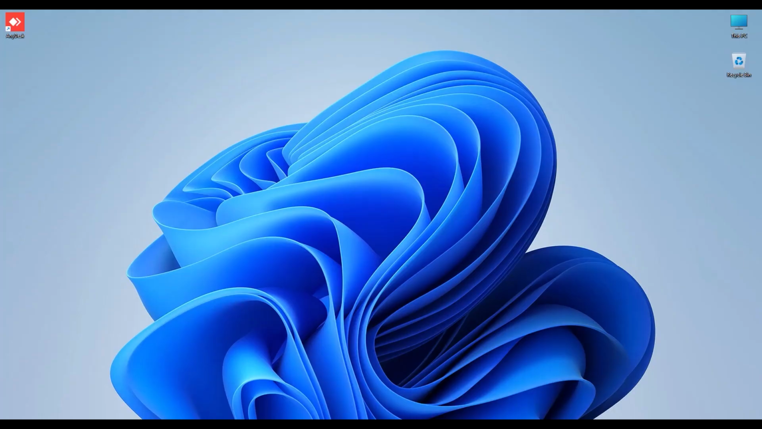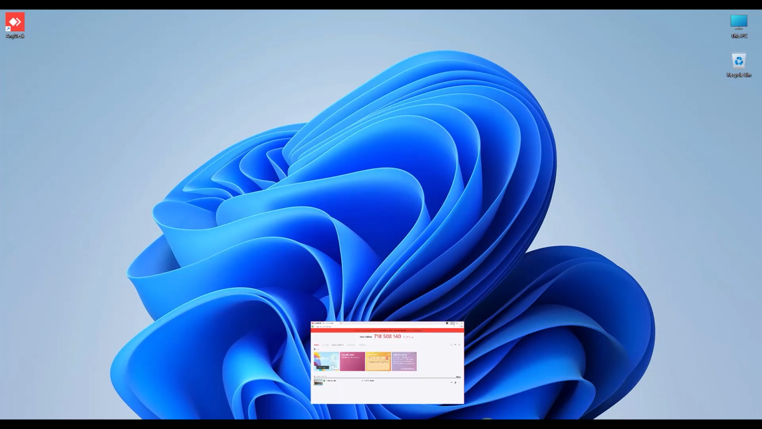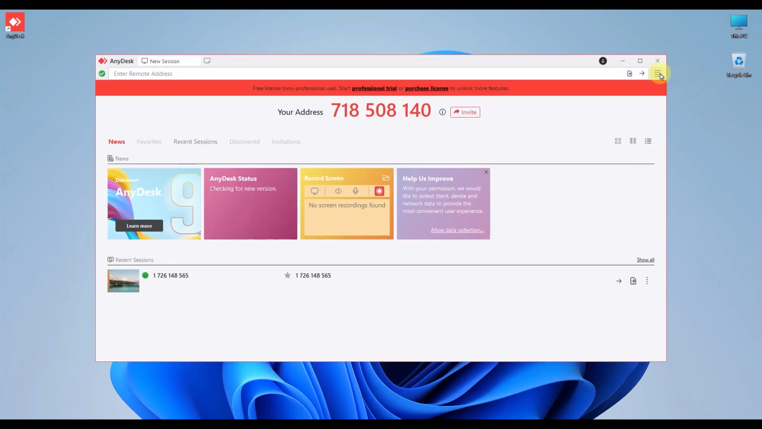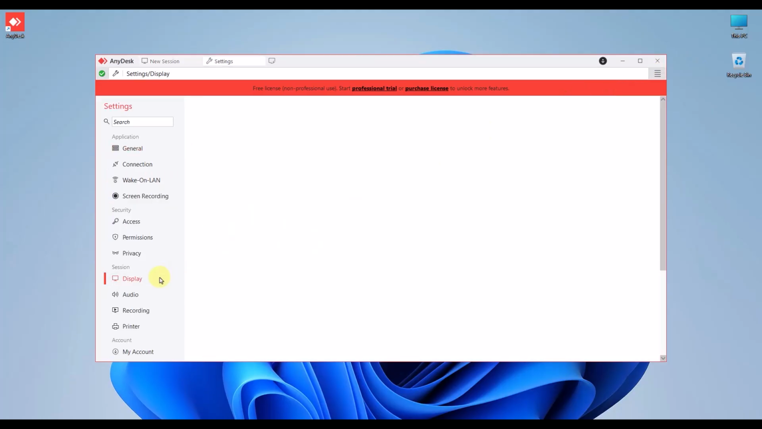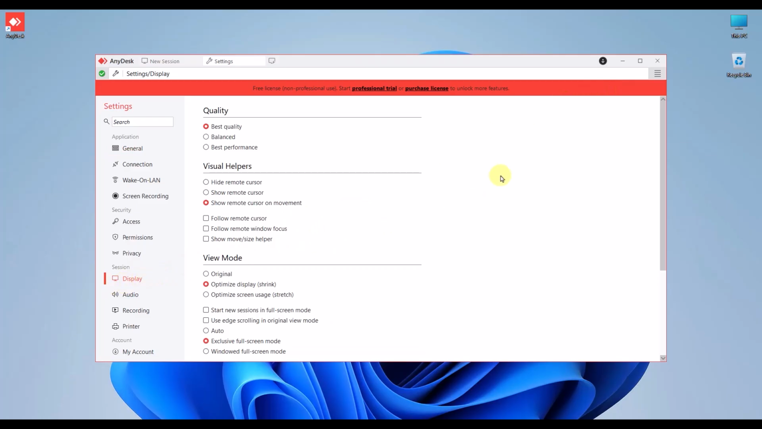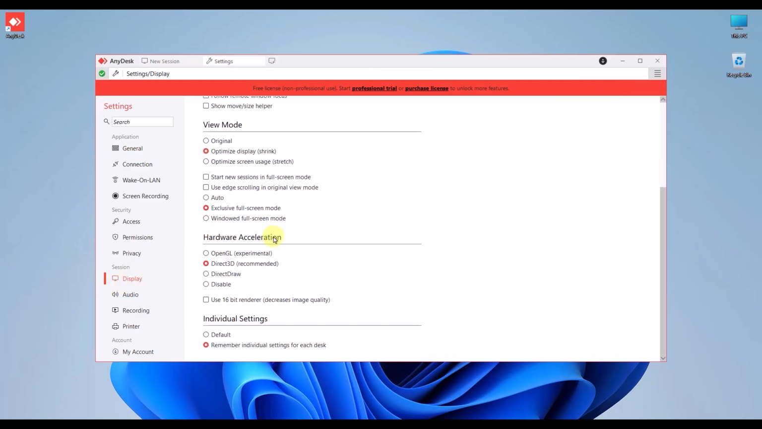Let's get started. First, the most common fix is to change how AnyDesk processes its graphics rendering. On the computer you are actively using to connect, open your AnyDesk app, click the main menu icon in the top right corner and go to Settings. Select Display from the left-hand side menu. Scroll down to the Hardware Acceleration section, change the toggle to Disabled, and completely restart your AnyDesk app before attempting